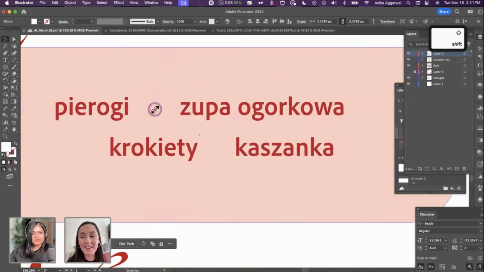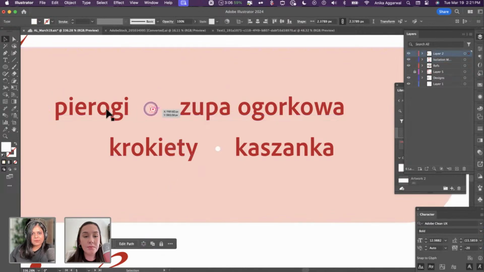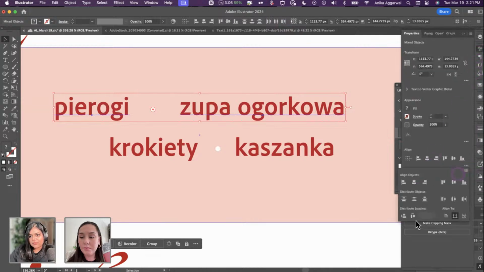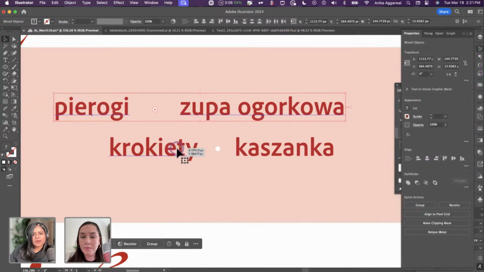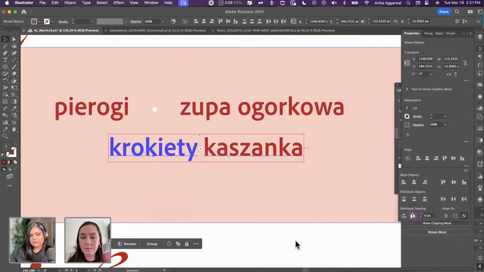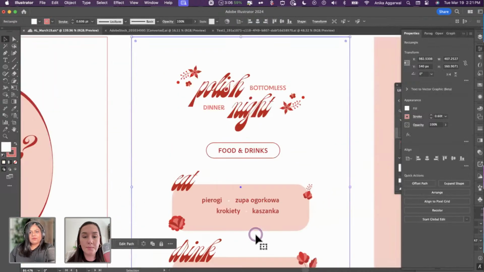Okay. We have this here, and I bring this in. Ideally, I would align everything. I'm going to ungroup it, then select all these three, select one as the key object, and then center it. Go to properties, distribute spacing, and that's it. Then I'll do that with these two as well, these three as well. Go to align, and then you can increase the spacing. I can click on that again, and here we go. This is too much, so maybe I'll do 10. Yeah, that's perfect.